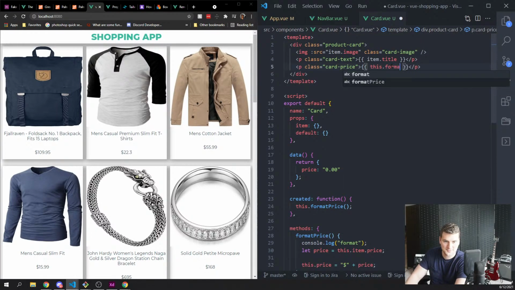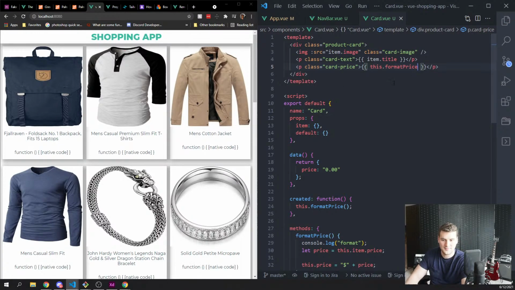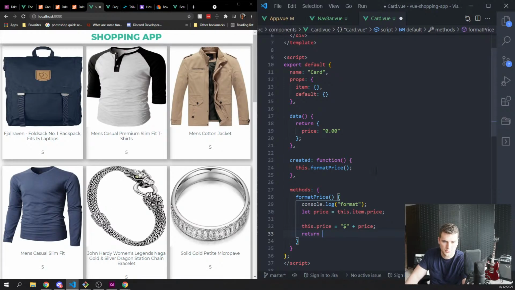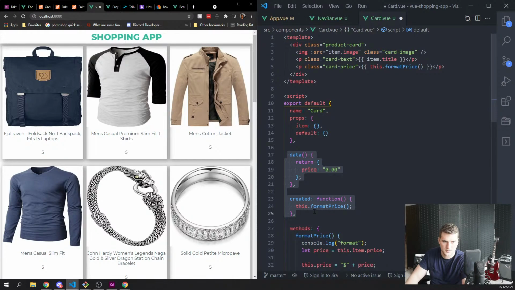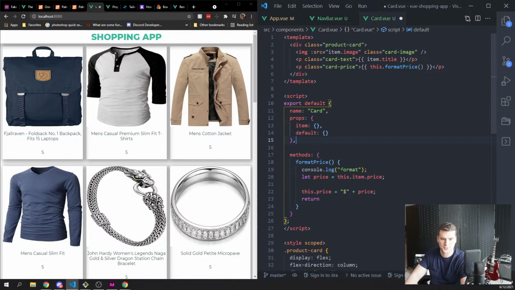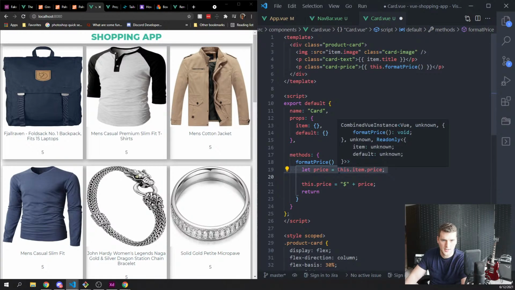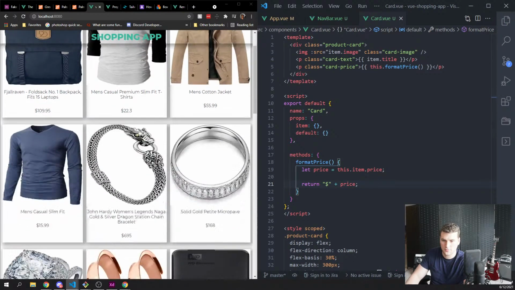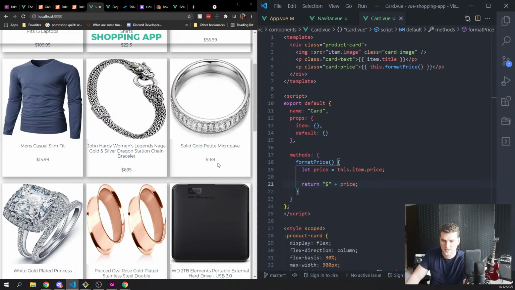Now can I do this format price? Need to invoke it. No. And then we need to return something, right? So if we just return 5. Okay, so cool, I don't need this. There we go. Sweet. I don't need that. Do I need that? We're gonna return price. So we're gonna put that right here and then just return that, and then boom, that's good. And then we need to just check if